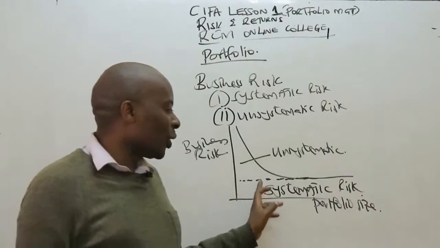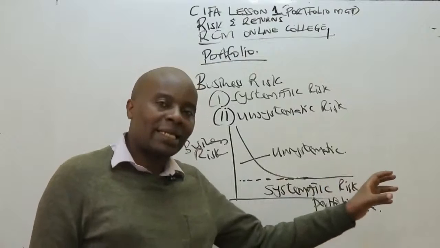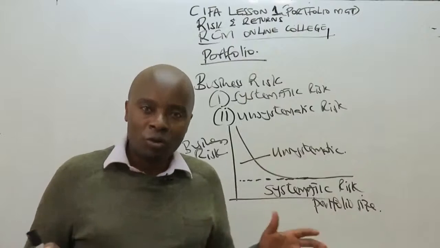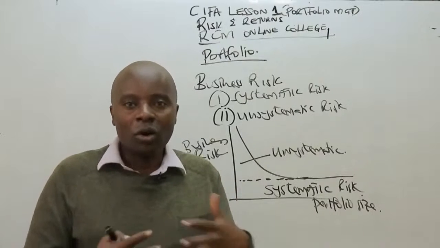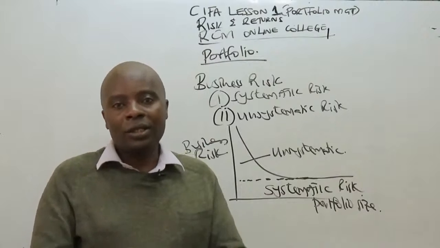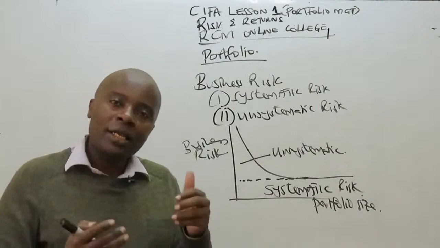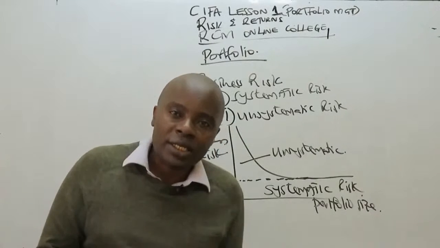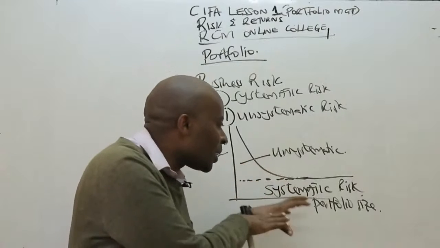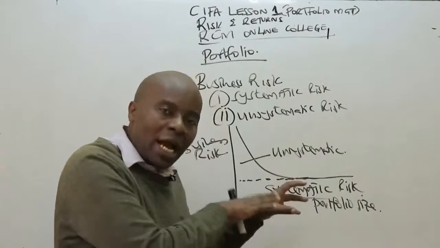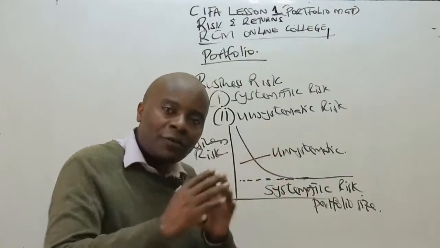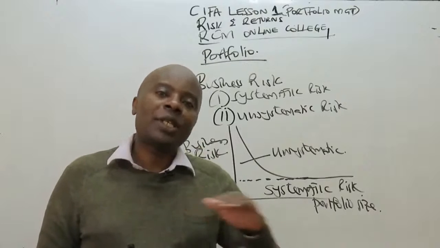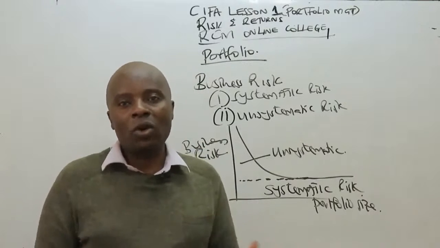And then we have what we are calling systematic risk, from the name systematic, uniformly distributed. These are those risks that exist, ladies and gentlemen, all over, throughout the entire economy. There is no way you will ever run away from systematic risks. And that is why you can see that systematic risks here are irreducible. You can't reduce them. They are undiversifiable. You can't diversify them because they cut across all sectors of the economy, all businesses of the economy.